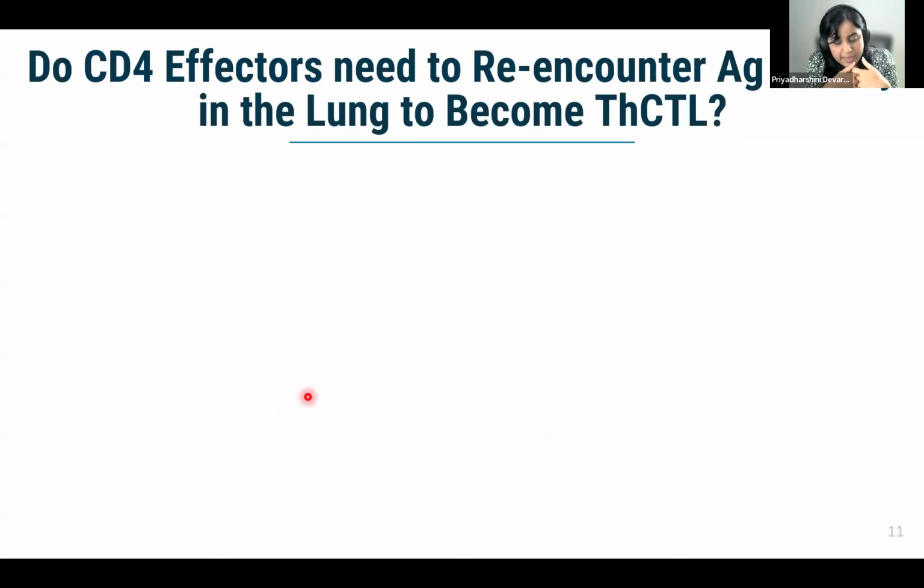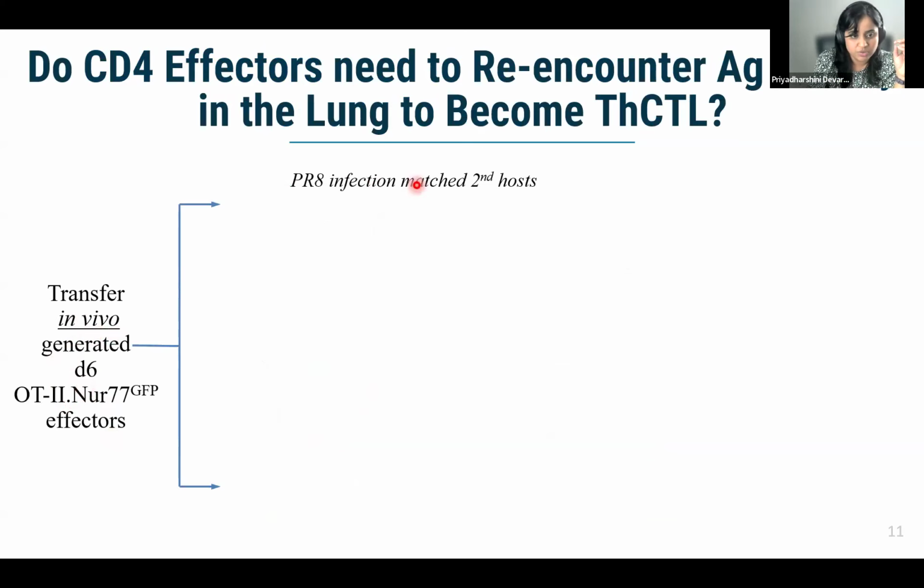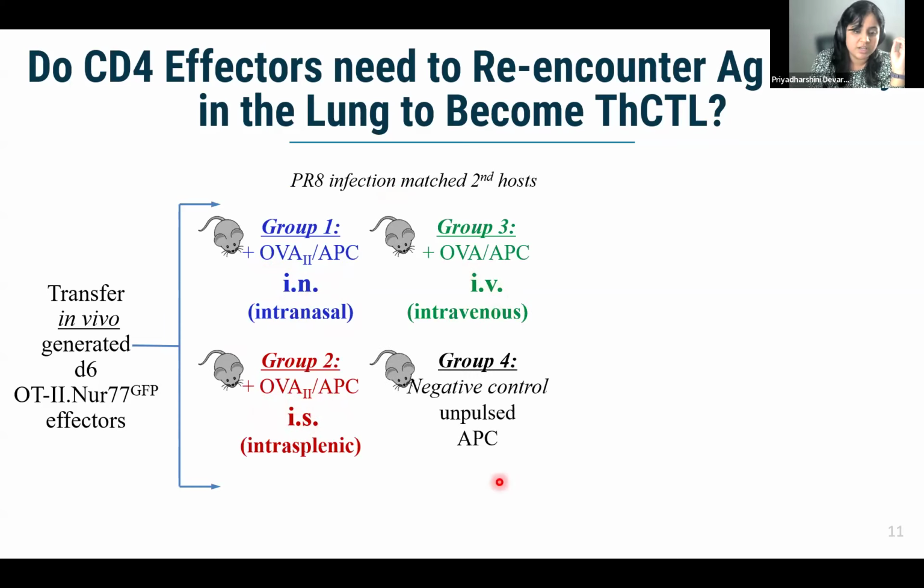And then we said, okay, antigen is important, but we also see that these cells develop only in the lung. So perhaps local antigen presentation in the lung is important? So to ask that question, we generated 6-day OT2 effectors, as we had done previously. And we then transferred them into different groups of PR8 infected mice, where we transferred in antigen and ova pulsed APCs intranasally, or we transferred in APCs intrasplenically, or we transferred them intravenously, or as a negative control, we transferred